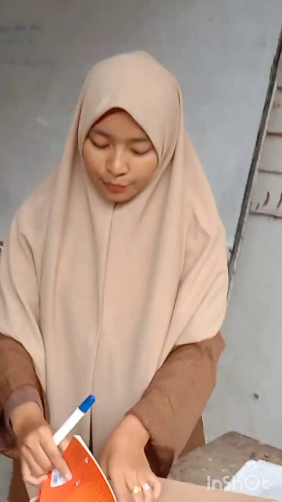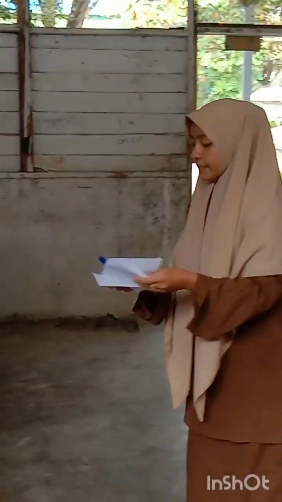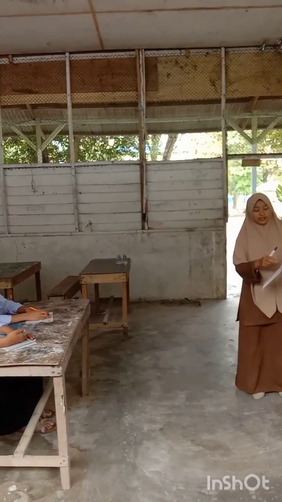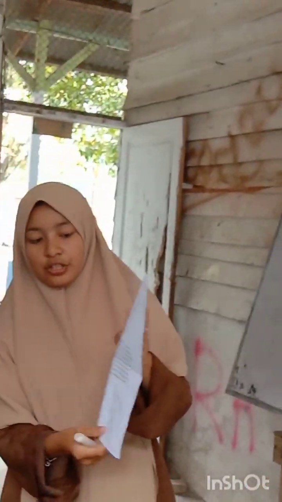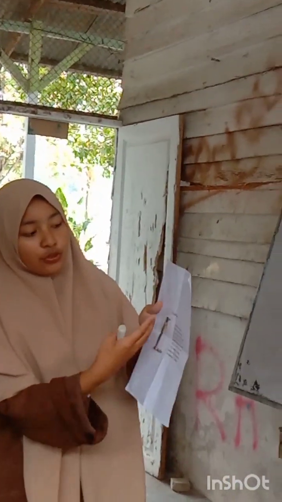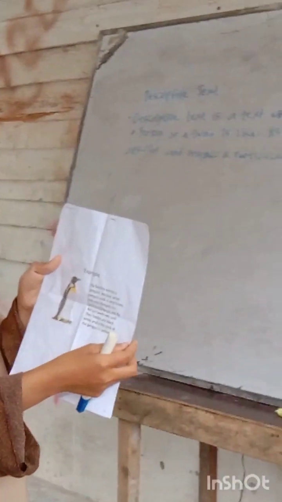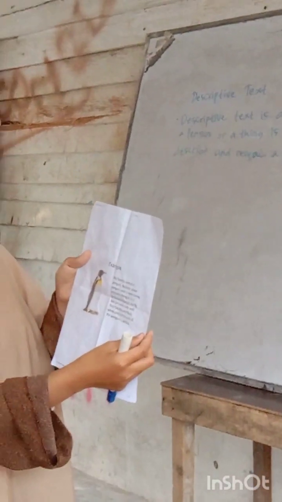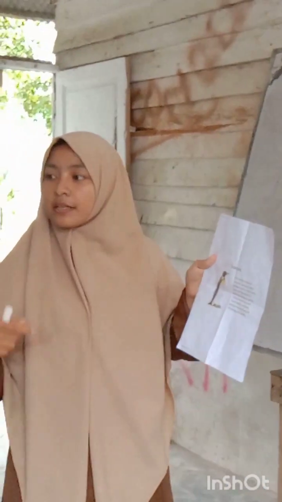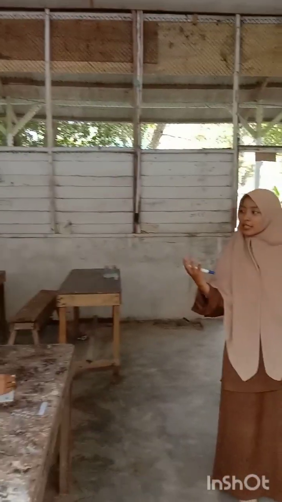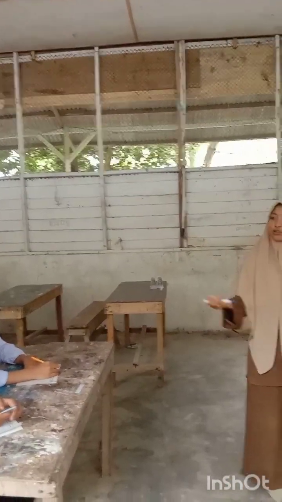Okay, done. I have some media for you. I have some examples for you about descriptive text. Example is about penguin. In descriptive text, there is the identification and there is the description. The identification itu adalah permulaan atau pendahuluan. Jadi ketika kamu contoh di sini, my favorite animal is penguin, because when penguin walk is very funny and cute, itu adalah identifikasi, itu pendahuluan memperkenalkan apa kira-kira yang mau kamu deskripsikan. Belum termasuk isinya, itu namanya belum deskripsi.